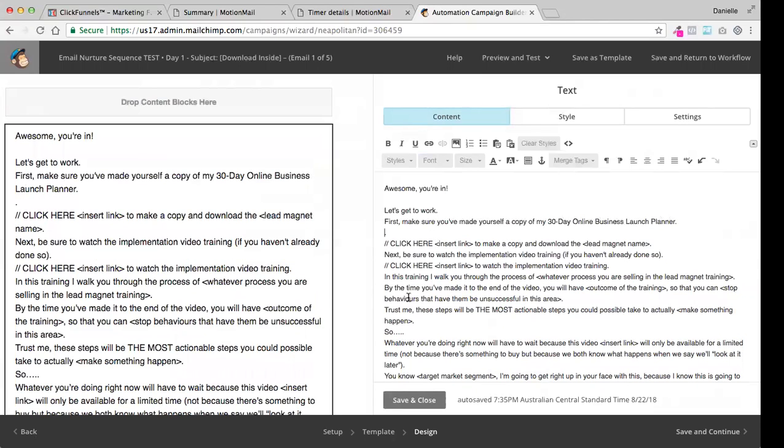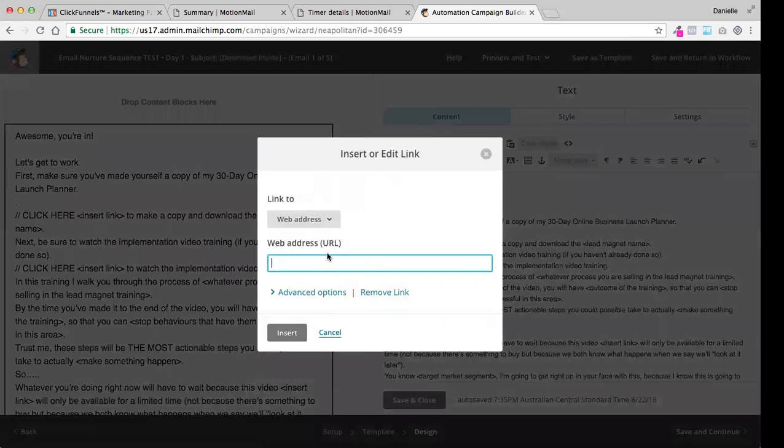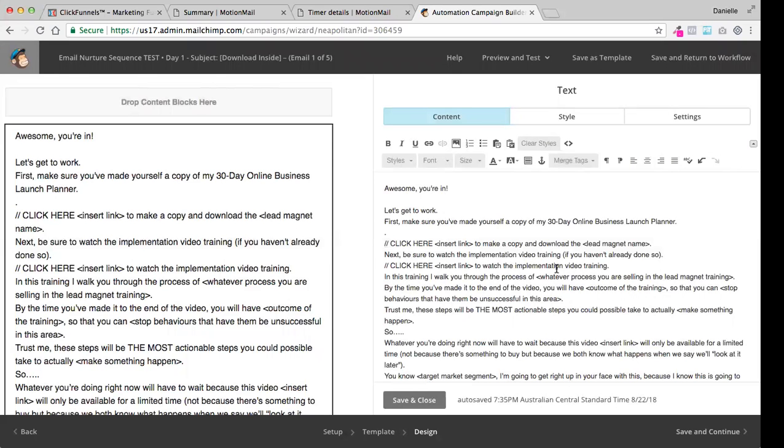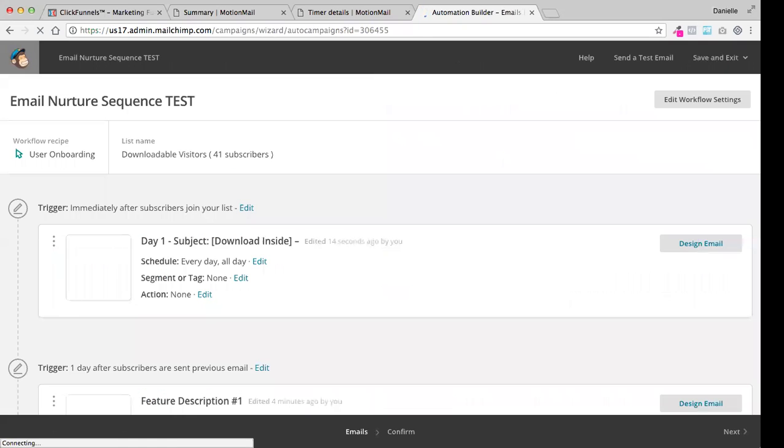To create a link, it's really easy. We just literally select what we want to create the link and then click on the link and then click wherever it is that link relates to, whichever web address. So super, super easy. So when we finish doing this email, we're going to click save and continue. Let's just pretend for now that mine's done. You can actually save it prior to completing the process. Yep. And then it's going to take us back to our email nurture sequence,